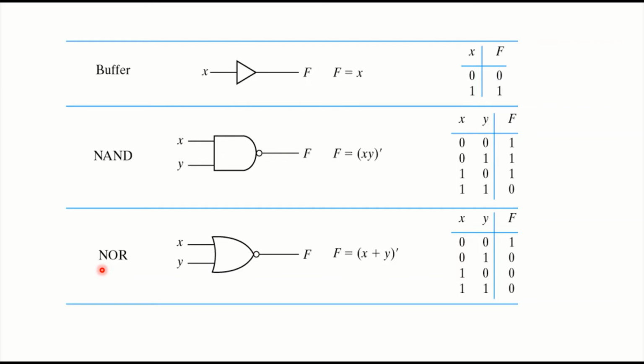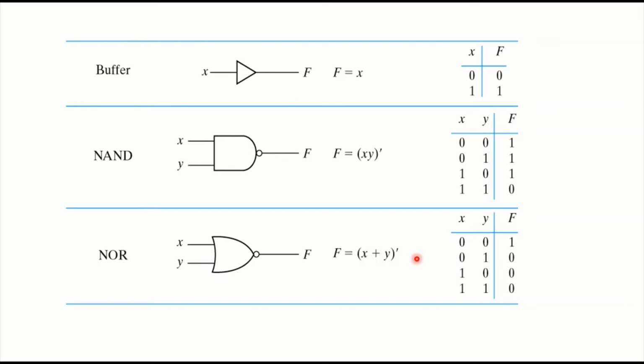Now, the NOR gate. NOR gate is just not of OR gate. The graphic symbol for the NOR gate is shown here. This bubble or circle is representing a NOT gate or inverter circuit. So the Boolean function for this NOR gate is f equal to bar of x plus y, or we can say not of x plus y.